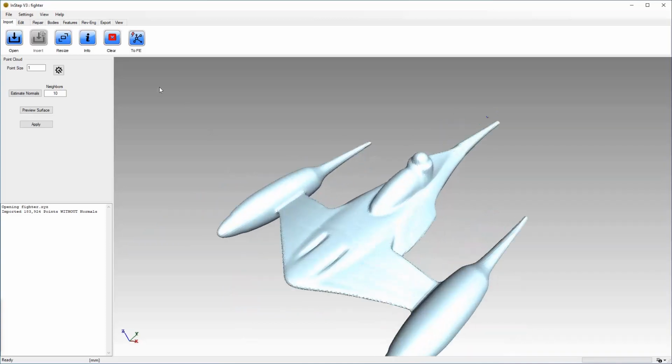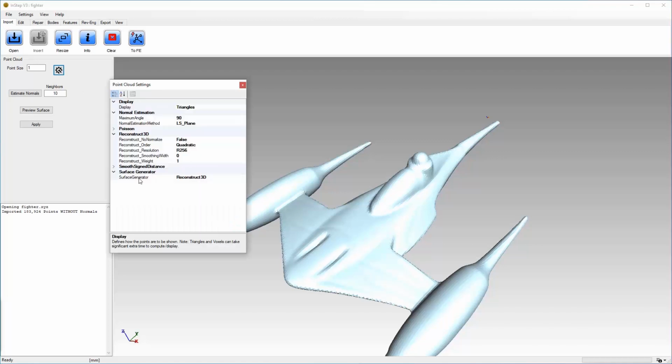The last option I want to try is the smooth signed distance option. So again, we click on Settings, and then from the method we pick the smooth signed distance option. Again, a number of options here, and we can change these to see changes to the output, but generally these should be okay.